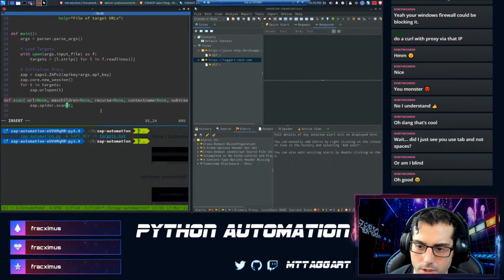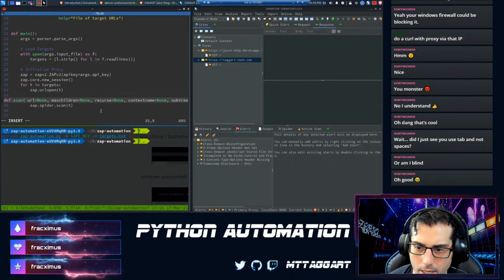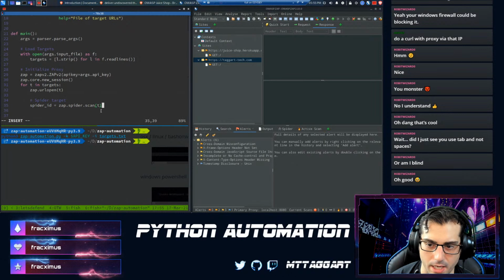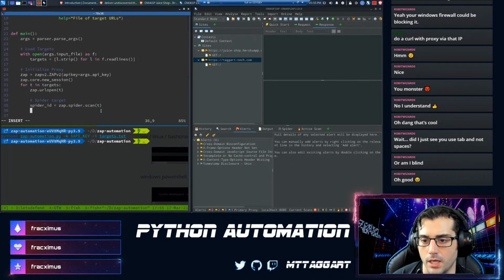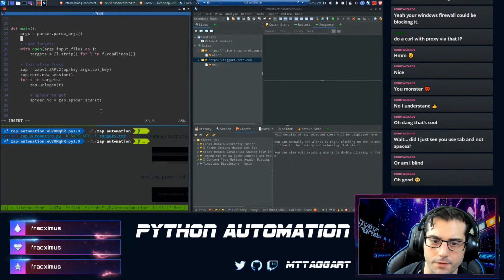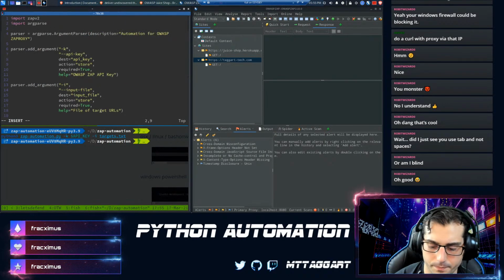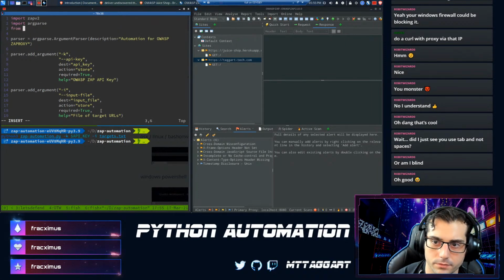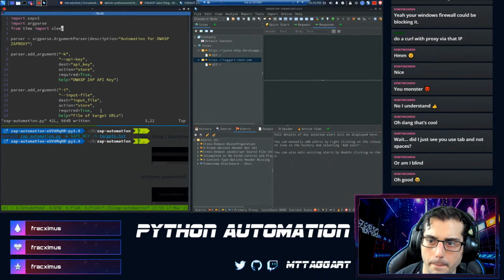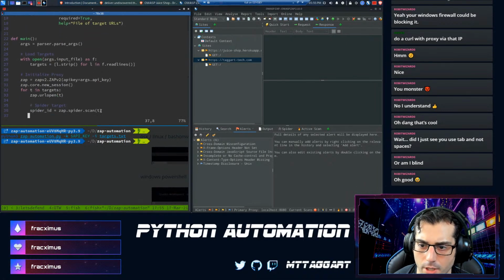But for now, we're just going to do a dumb spider. And we're going to save the spider ID, which is what gets returned from that scan call. And you'll see why. Oh, for this next part, I'm going to need time, or sleep anyway, because otherwise it's going to get weird.